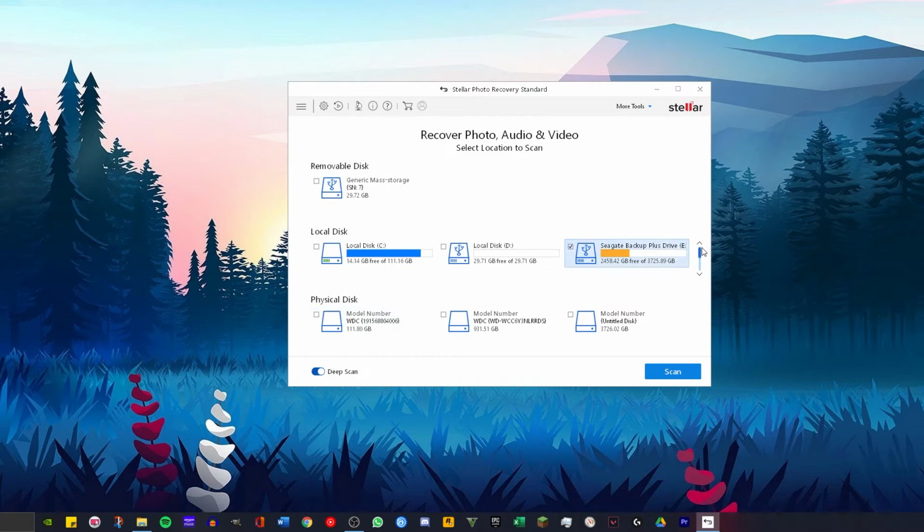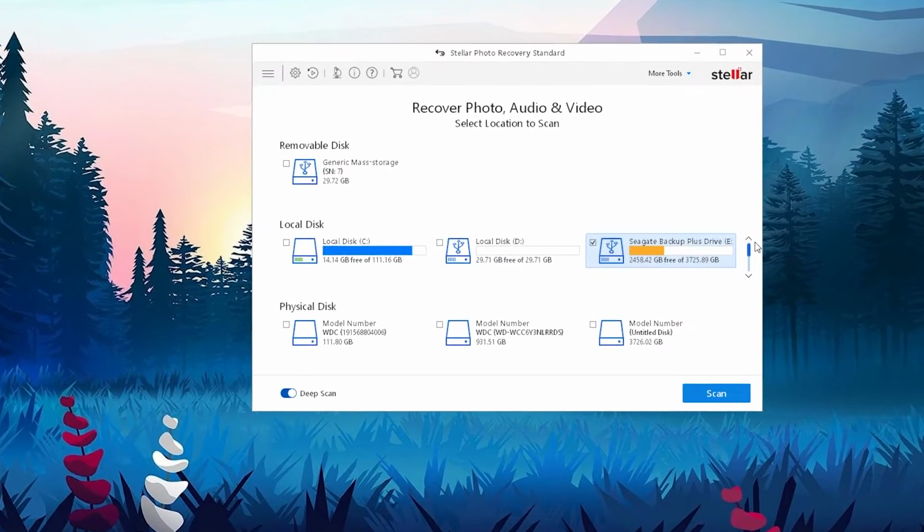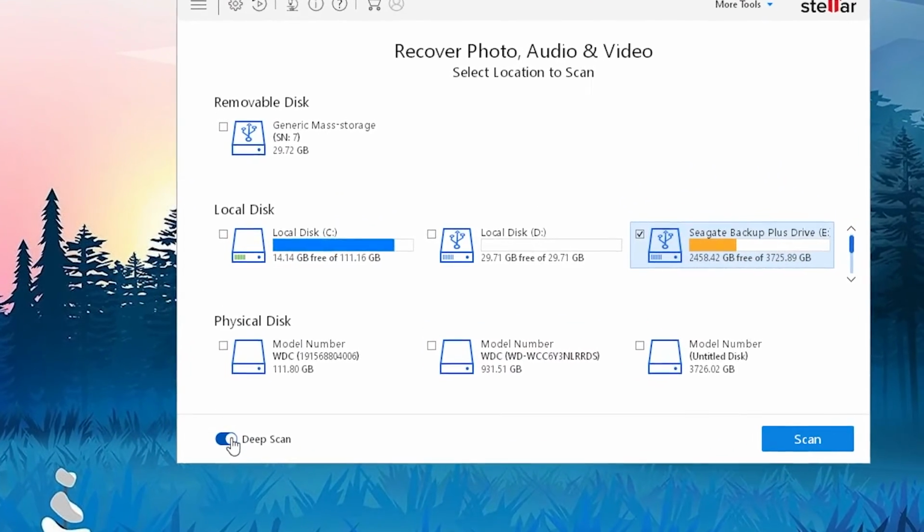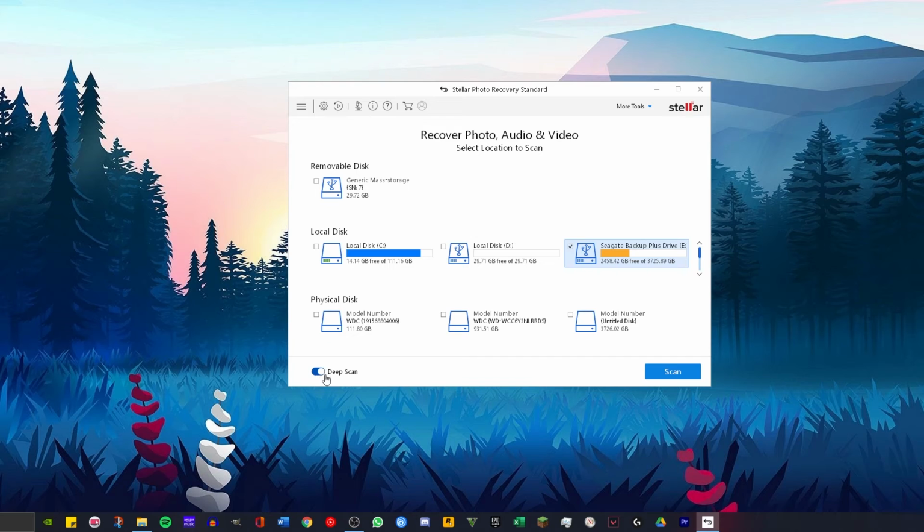and hit scan. You can also enable deep scan to scan more files that were deleted like 1 or 2 years ago. I'm not sure about it because I haven't used deep scan because it takes a lot of time to scan. So I cannot tell you that, but I will try recovering some files from these drives in the